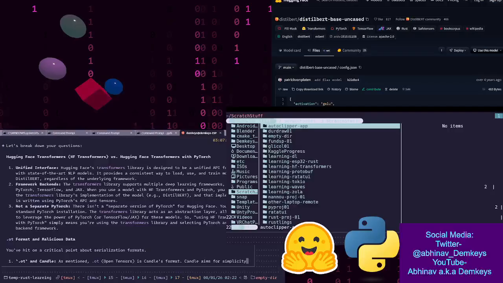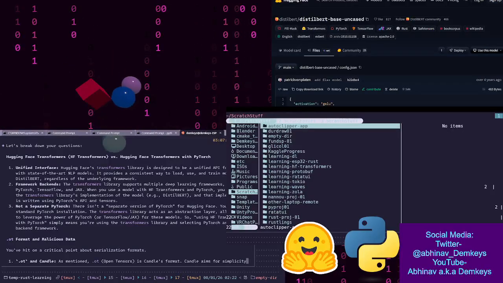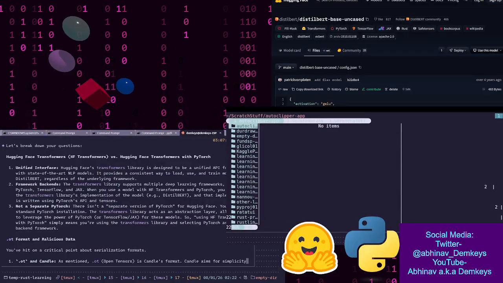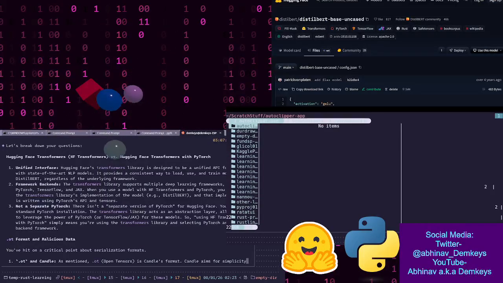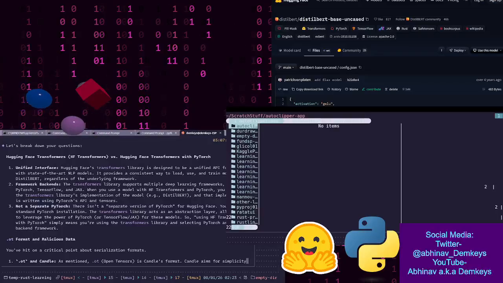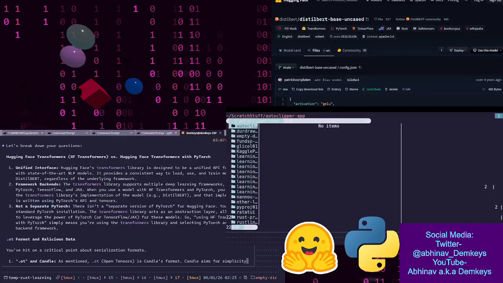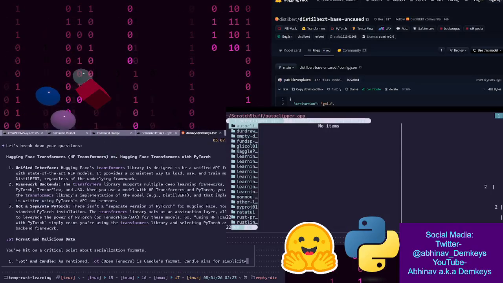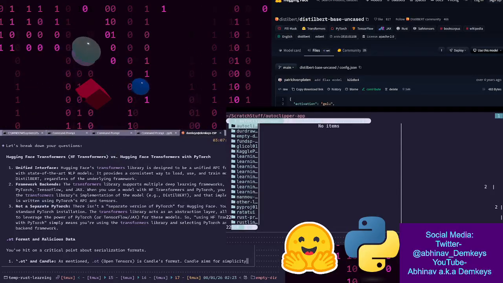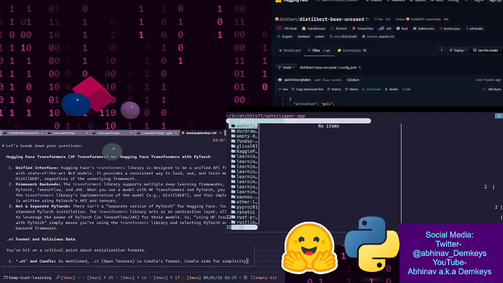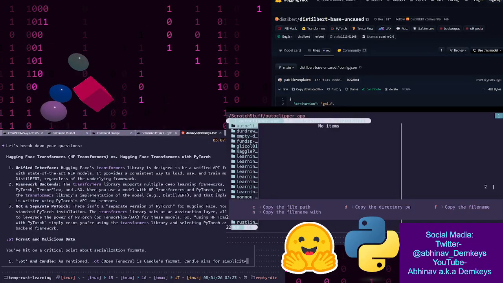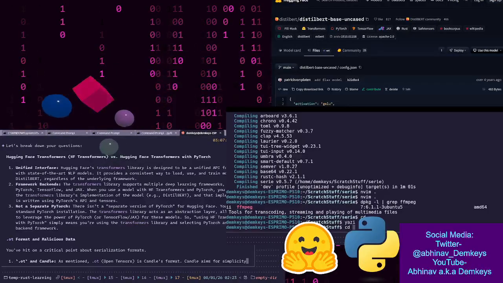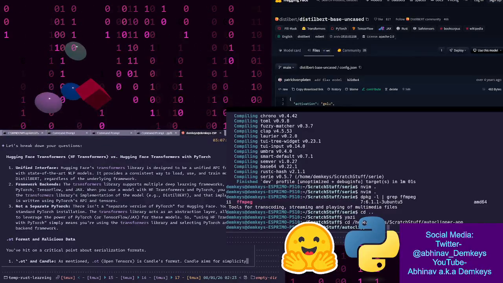Maybe we could go into that directory. For the time being, let's just keep it here because I don't want to go back there and there's a bit of an issue on my end. Can I transition? No, I don't think I can transition. Okay, that's fine. So what are we doing here? So we copy the file path. Hopefully this works out. Yeah, it does. Okay, great. So uv